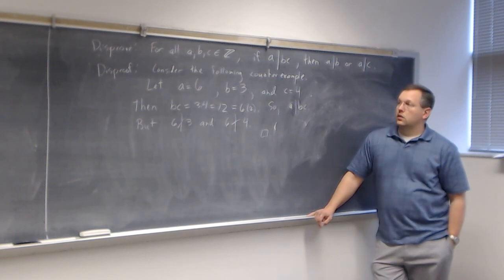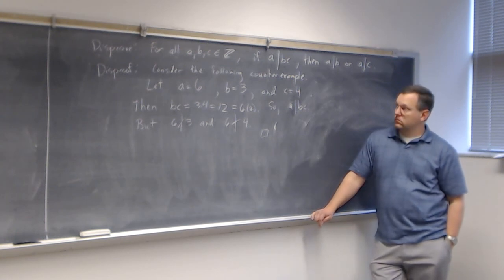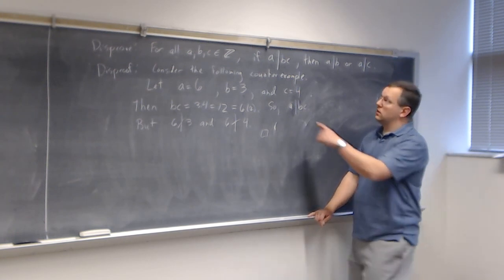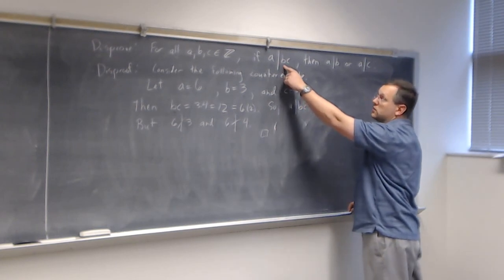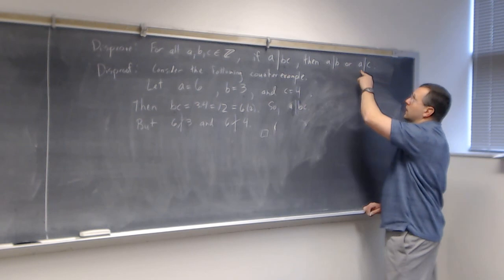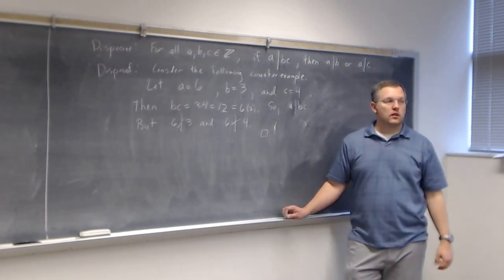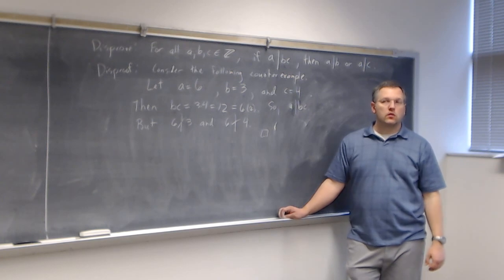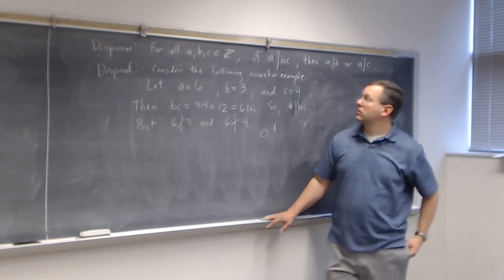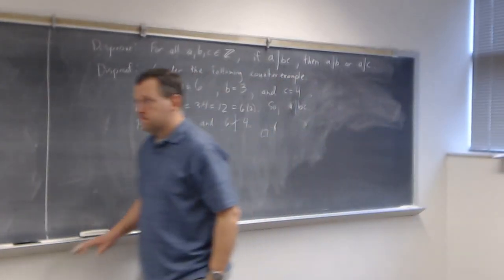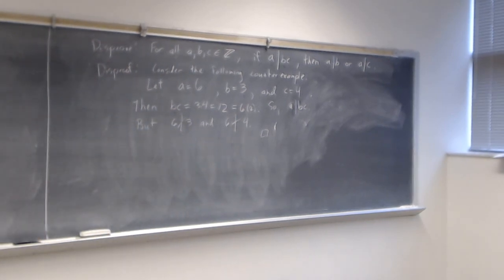So we found an integer A that divides B times C, but A does not divide B and A does not divide C. Any question about that? Okay. That wraps up chapter 8, and sorry, chapter